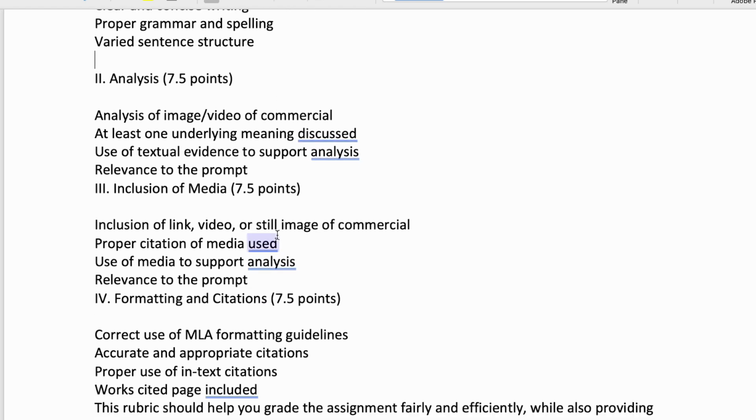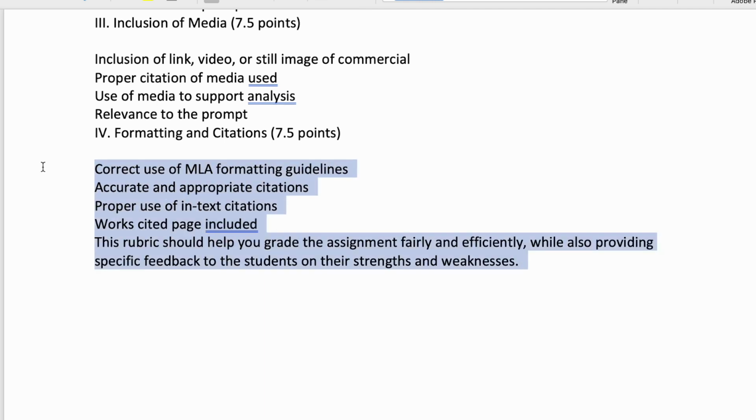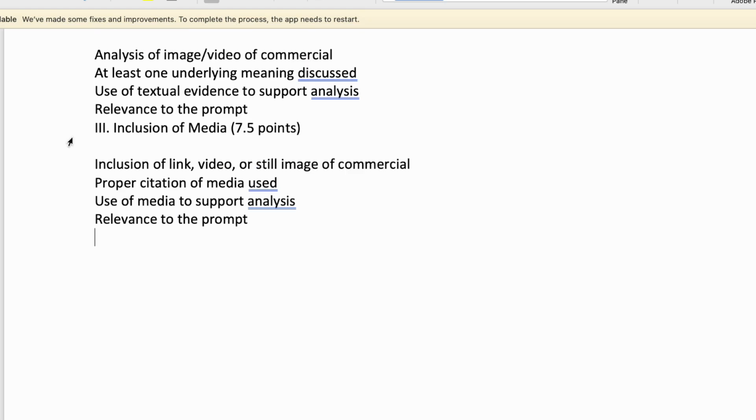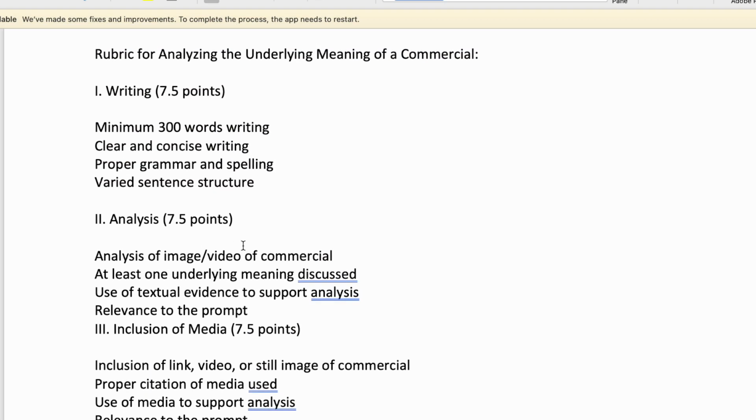Now what I can do is further change this. So for example, I can take out the entire MLA formatting section 4, because I don't want that. Instead, I could just say, okay, clear and concise, proper grammar, varied sentence structure. I don't know if I want to include that. And what's kind of cool about that is